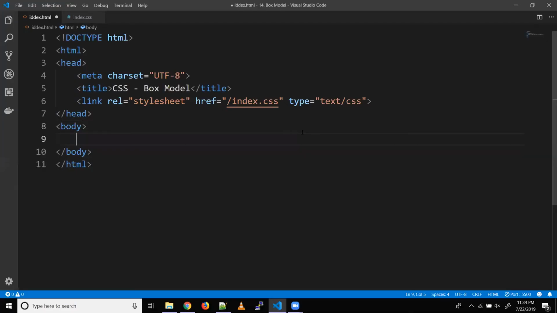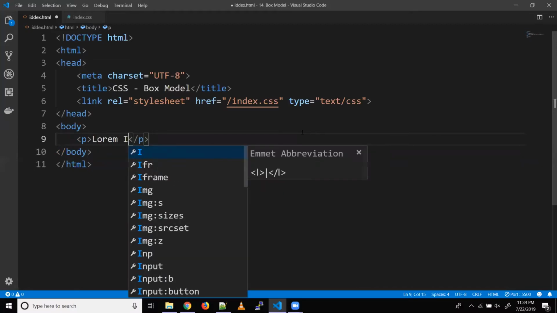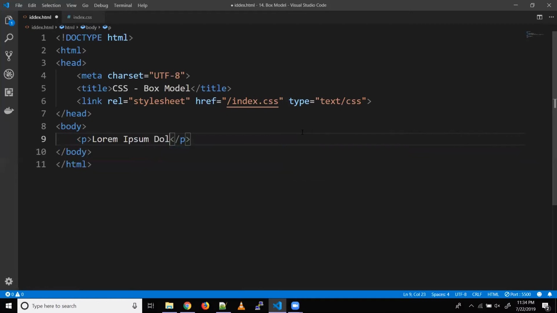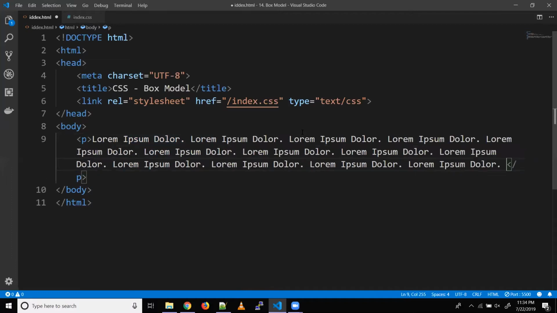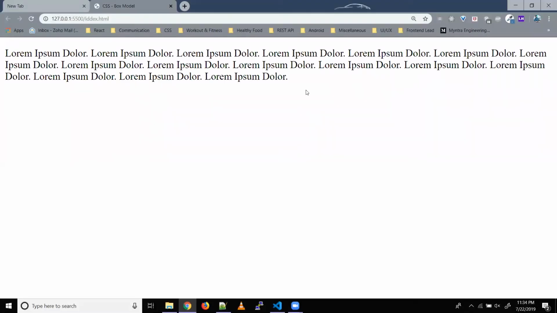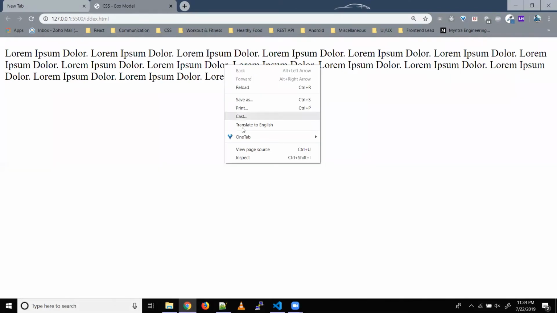Let's add a paragraph. Let's give it some text, say lorem ipsum dolor. Let's copy paste this a couple of times. Let's save it. Let's bring up our live server. And as you can see, we've got this paragraph on the screen. And now when we inspect it,